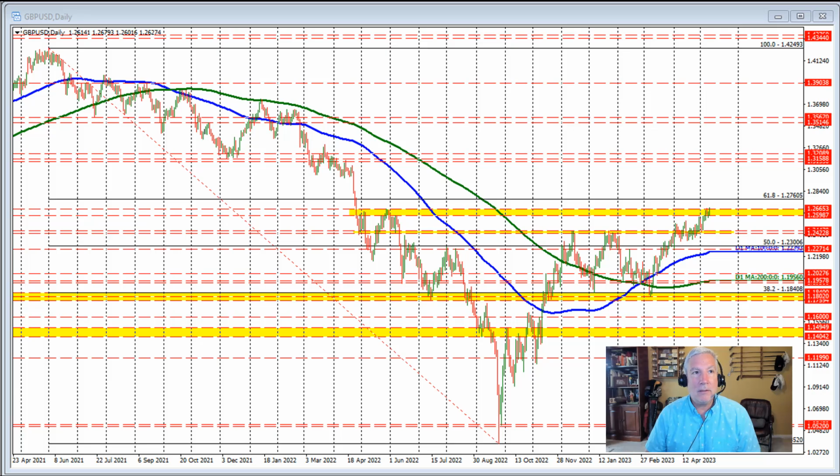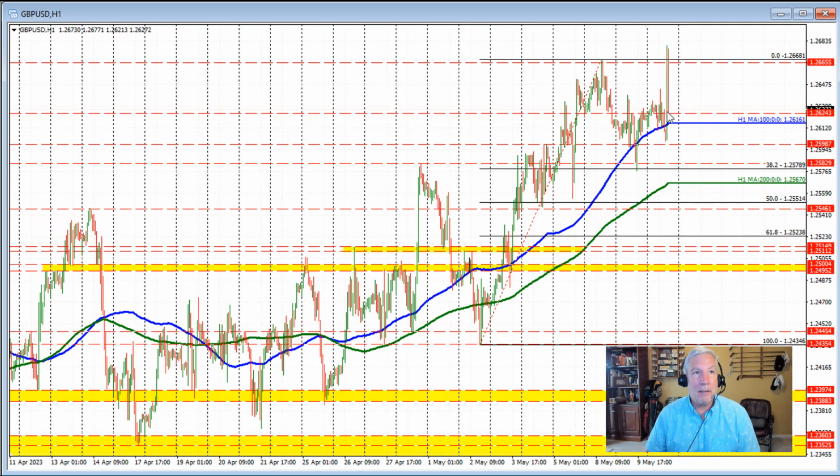Let's move back to the hourly chart and see what is happening here. So we saw the price move sharply back to the downside, but the low price came in at 126.24 off of the corrective move, and that was about 5 pips short of this 100-hour moving average. The first test of that 100-hour moving average seems to find early buyers against that level, and I would expect that if the price can stay above that level, then the dip buyers are happy. If the price moves below that level, I would think that they are not happy,